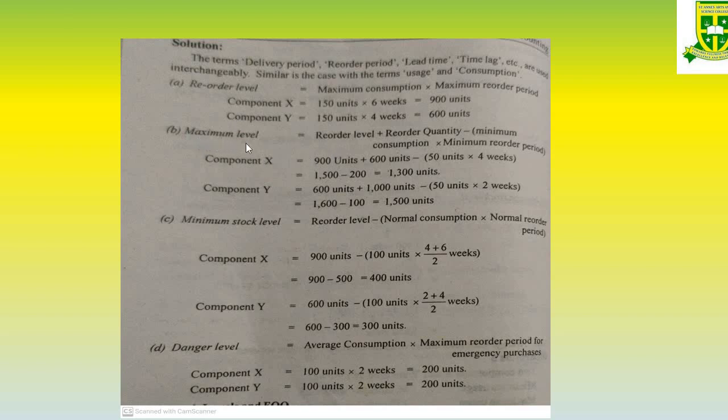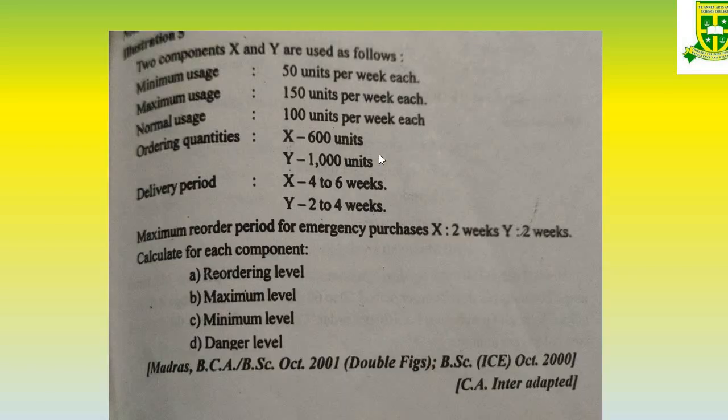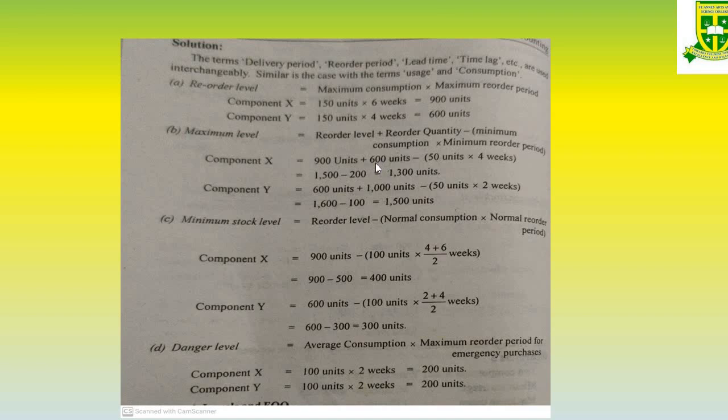Next, we come to the maximum stock level. The formula is reorder level plus reorder quantity minus, in the bracket, minimum consumption into minimum reorder period. For component X, the reorder level we found is 900 units. So 900 plus the reorder quantity given in the question: for X it is 600, for Y 1000 units. And the reorder level for Y is 600 units, minus the